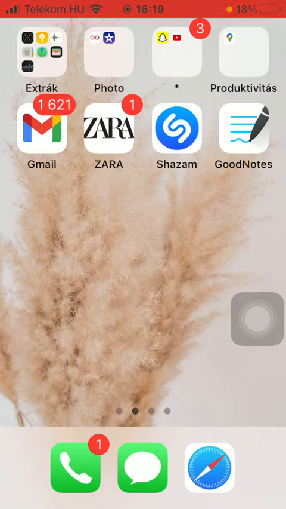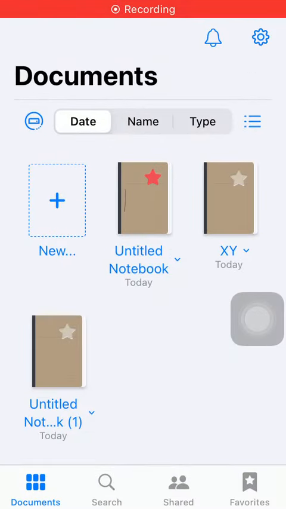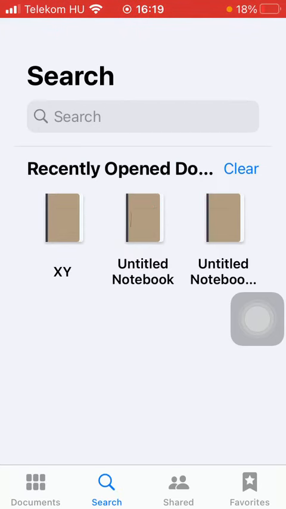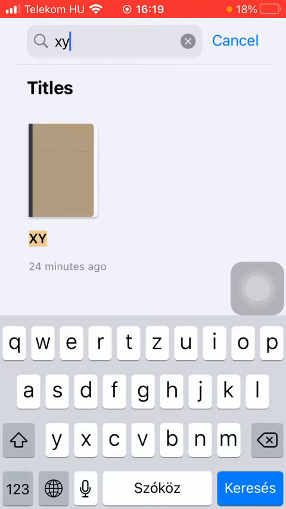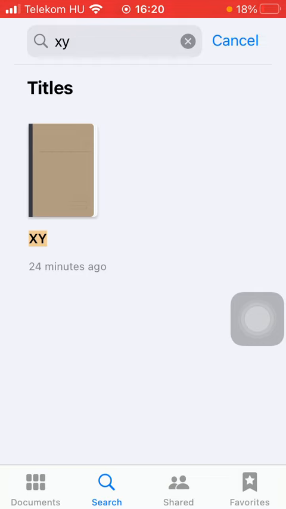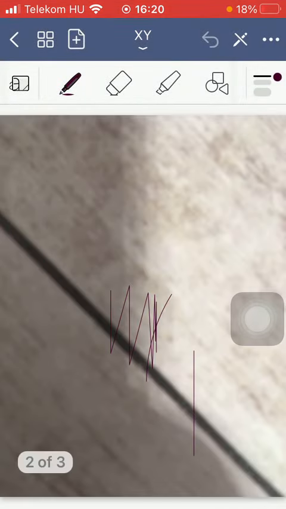So let's jump into it. First of all, open the application on your phone. Then you should tap on this search icon down below, which is the second option. Now click onto the search bar and type in the document that you are looking for. As you can see, there is only one result, so you can search according to titles of your notebooks. So you can tap on the one that you have been looking for, and that's pretty much it for this